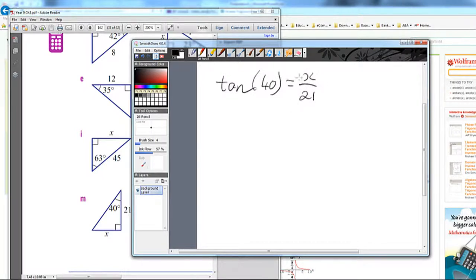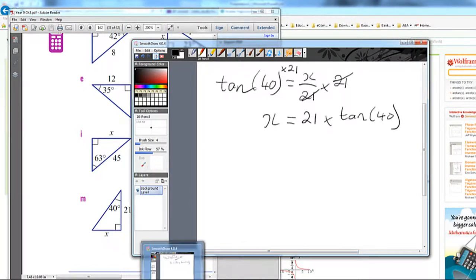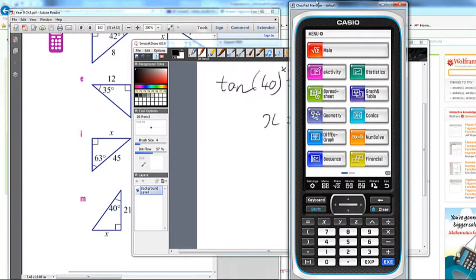Now, what we want to do is solve for x. So we need to multiply this side by 21. What that does is allow us to cancel that out, and of course we're going to multiply this side by 21 because it's an equation. Whatever you do to this side, you must do to this side. So I'll rewrite that and flip it around at the same time. So x equals 21 times tan 40. So I really need to do this on the calculator, so I'm going to bring up my calculator